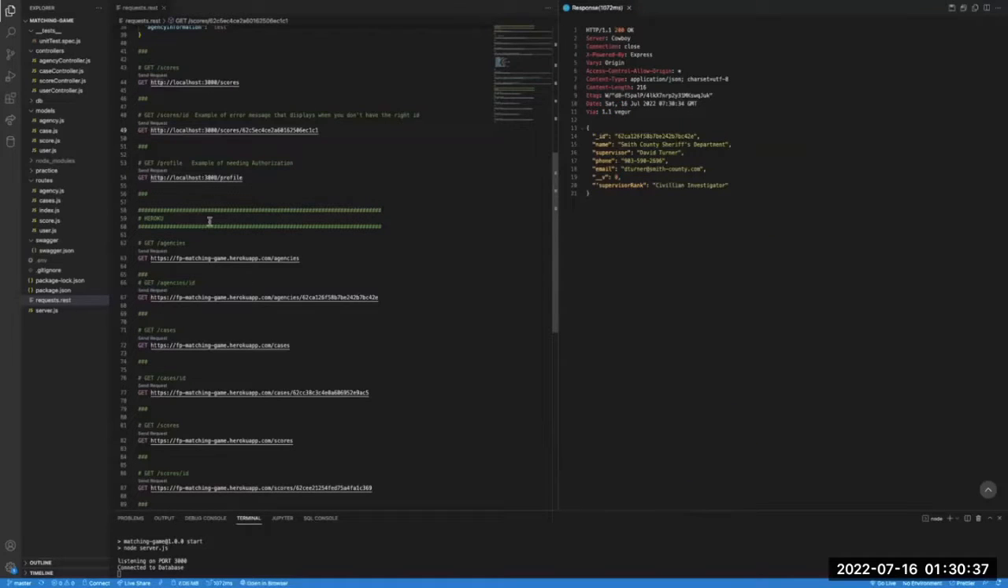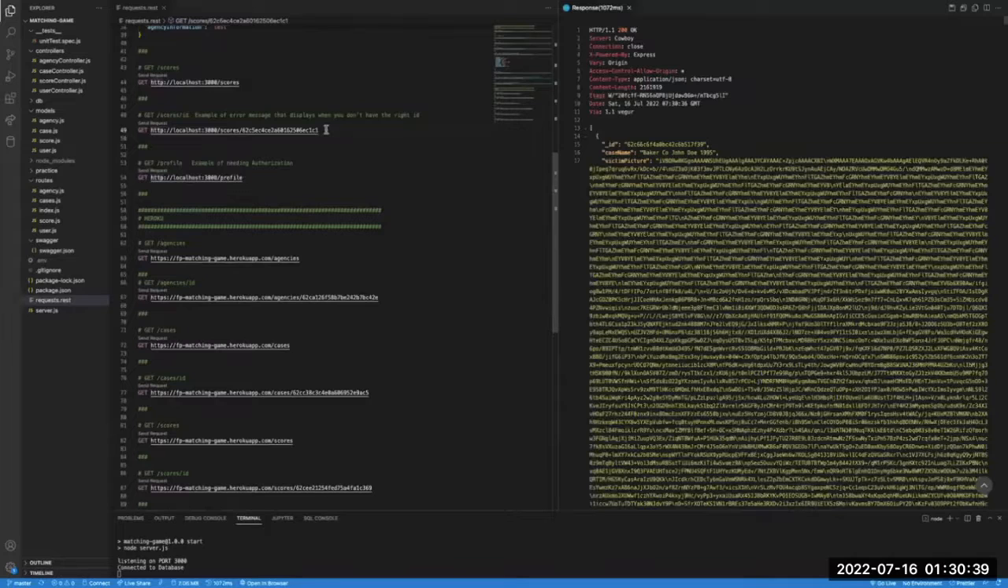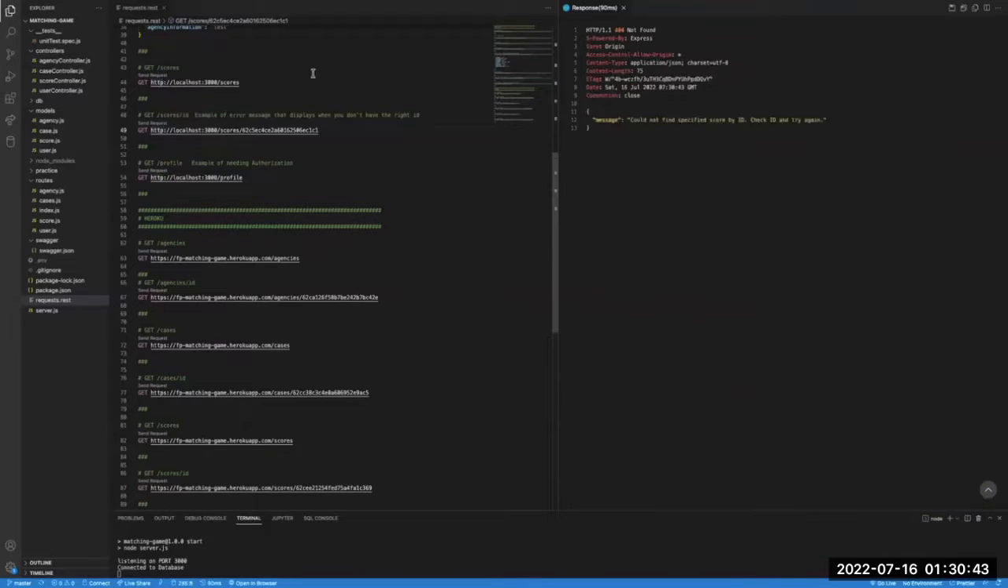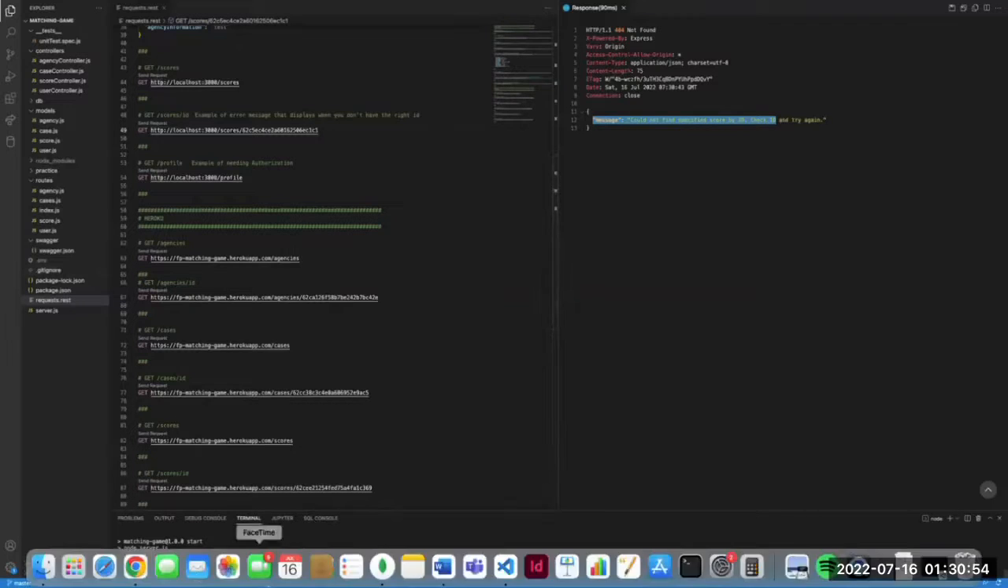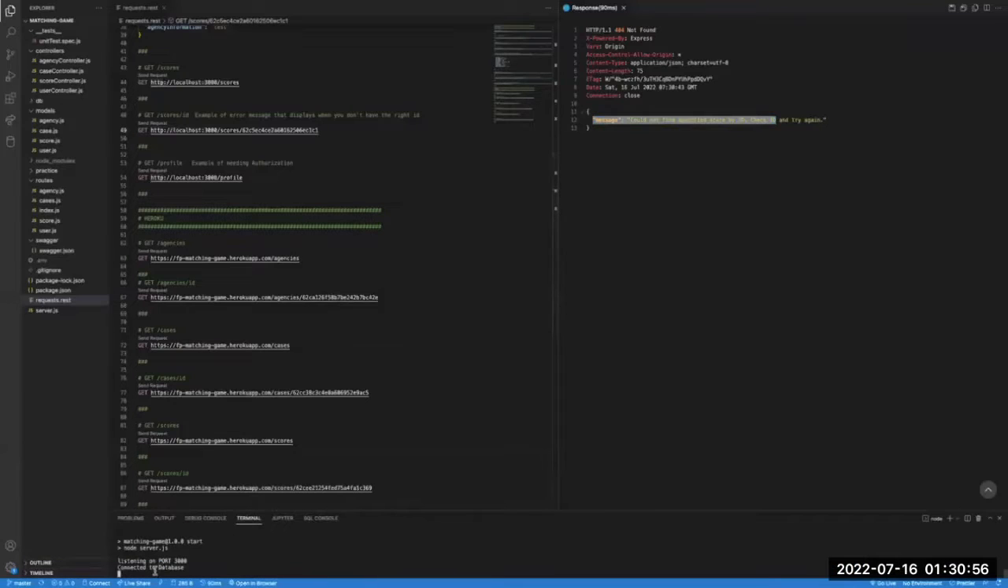All of those work. If someone puts in inaccurate information like the wrong ID, this one no longer exists, then we have stuff that'll send a message that tells them that they couldn't find it and that they can try again. We have those for all of our routes, but that's just an example of one. And then if we come down here, stop our server,